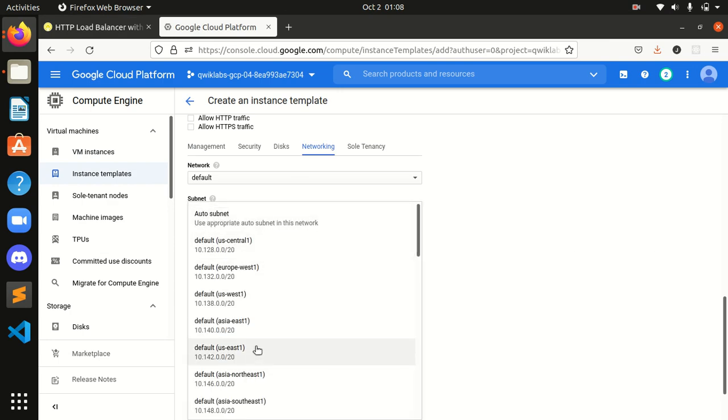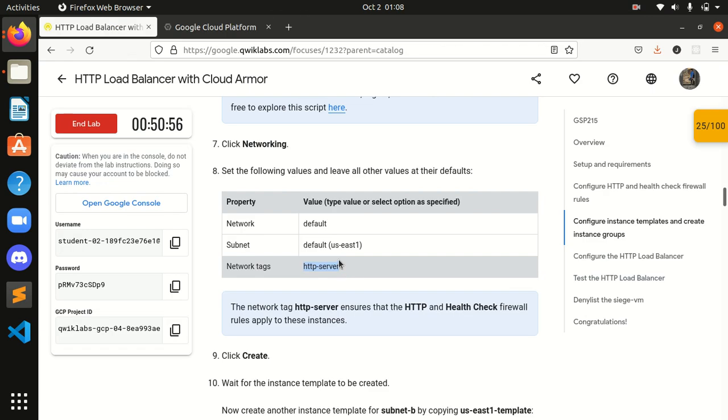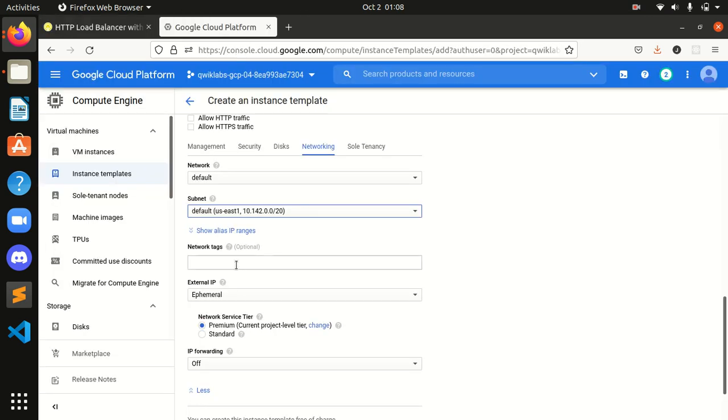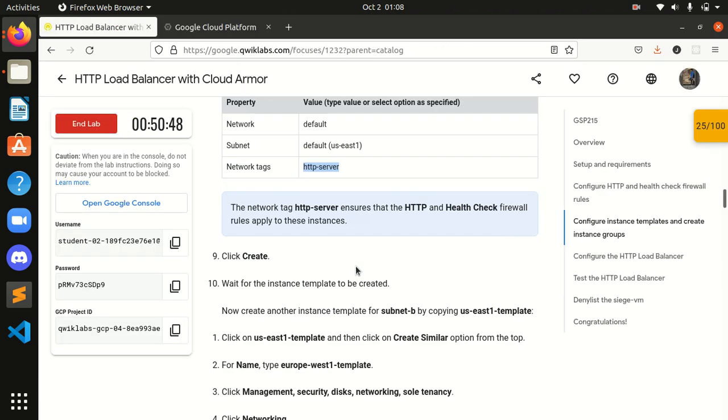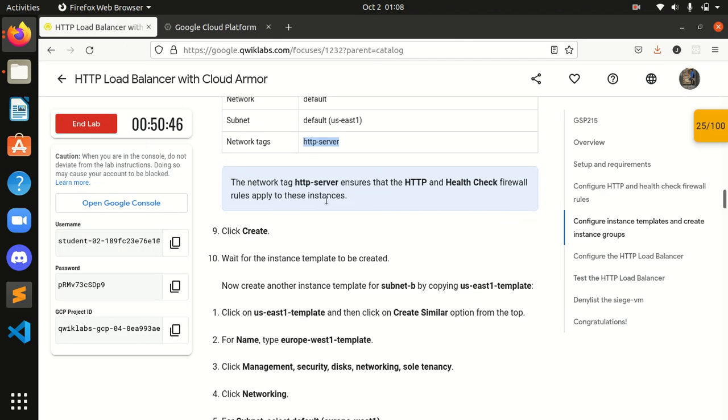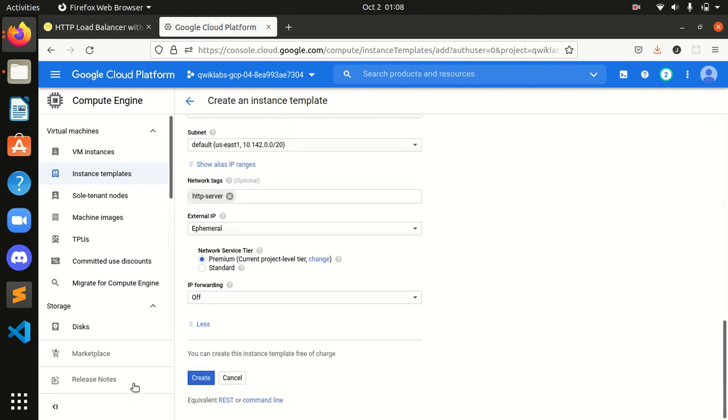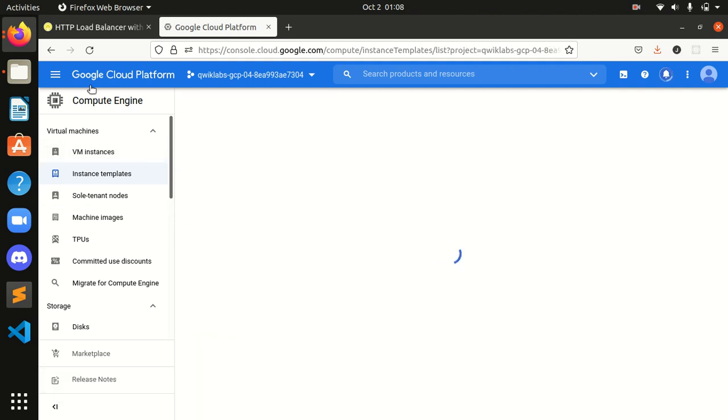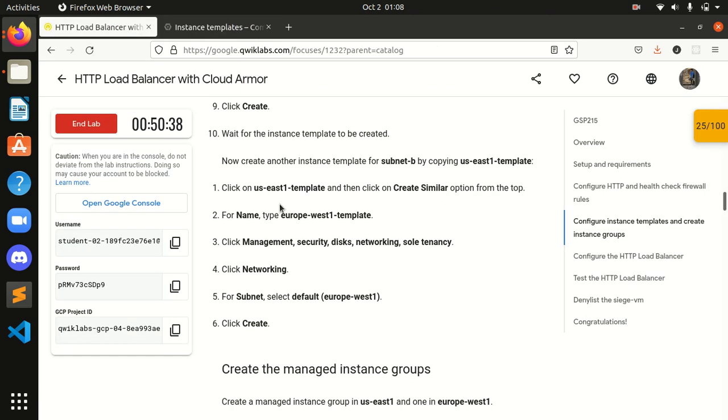Default US East 1. Okay, it is given here, right? US East 1, and network tag as this, HTTP server. The network tag HTTP ensure. Okay, now I will click on create. This will create an instance template over here. Wait for the instance template to be created.